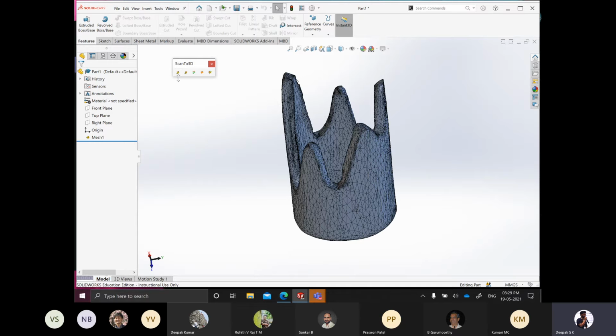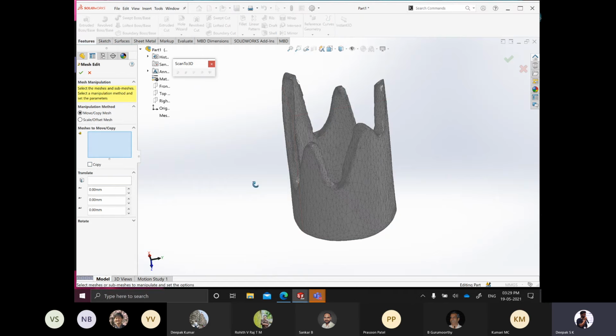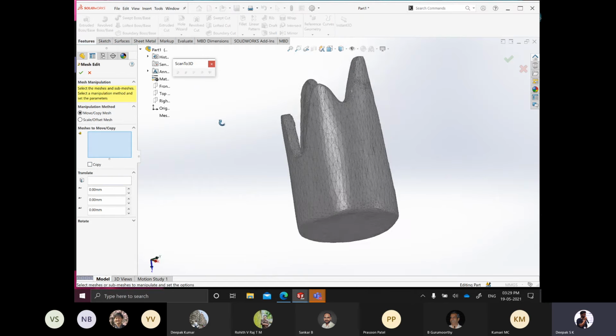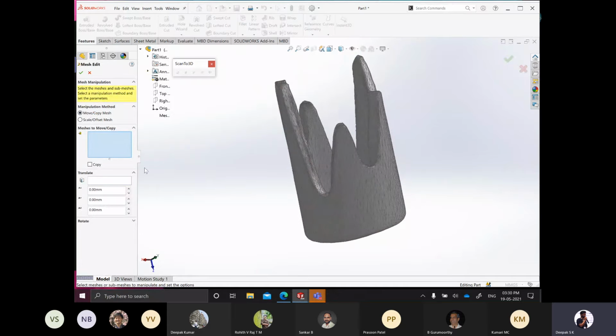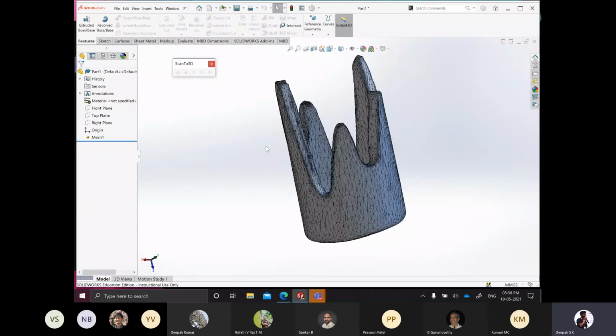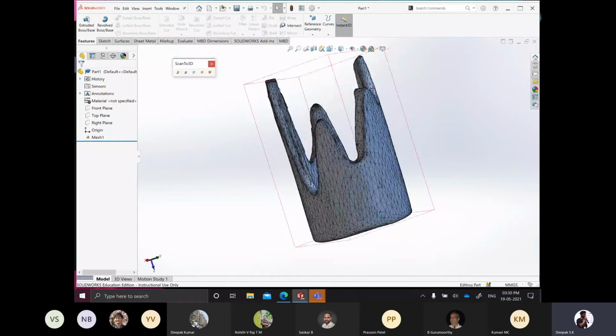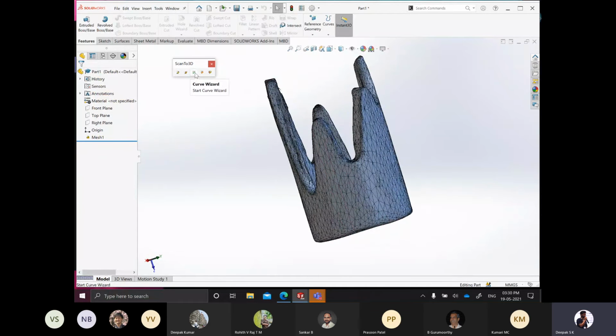So now the first step is done, right? Now going to the second step, that is the mesh edit. We mostly don't use mesh edit. Mesh edit is in case you want to offset the entire product or move one particular node or something like that, I mean, make final adjustments like translating it in X, Y, and Z directions. So we mostly don't use it. We have already given the reference point, so let it be there only. And now coming to the third point, the curvature wizard.